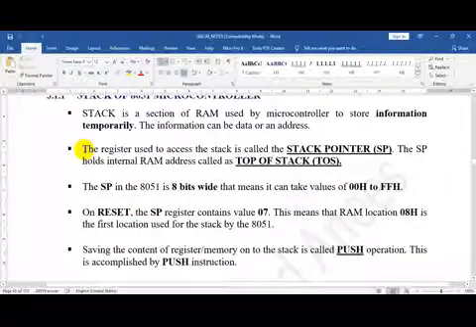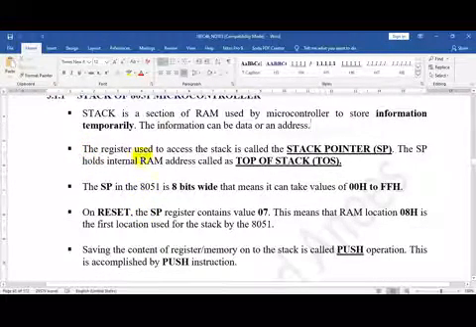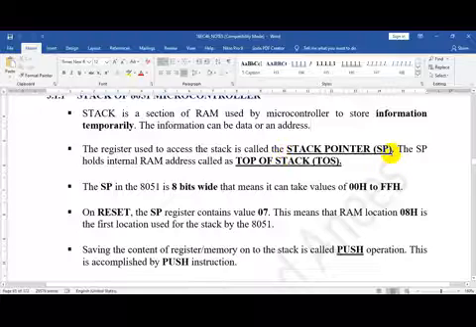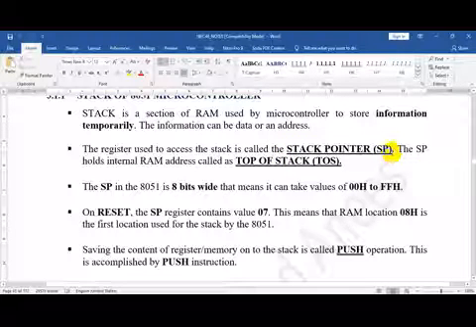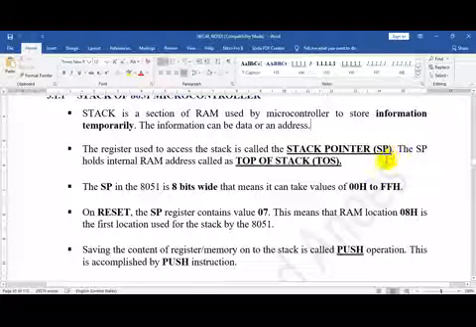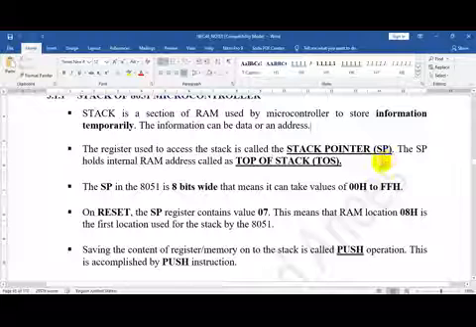Secondly, the register used to access the stack is the stack pointer. So this 8-bit stack pointer register holds the address of the stack. Basically, it is holding the address of internal RAM itself.